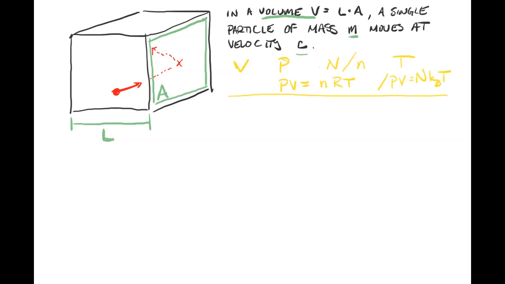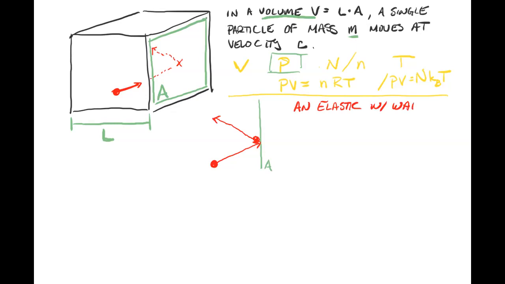Okay, let's start with trying to sort out where pressure comes from in this situation. And the place where pressure is going to come from is that our particle is occasionally going to be colliding with a wall of the container. So here's our cross section, A, and here's our particle. It has some sort of momentum going into the collision, some sort of momentum coming out of the collision. And because we assume that there's a single elastic collision with the wall, a single energy conserving collision,